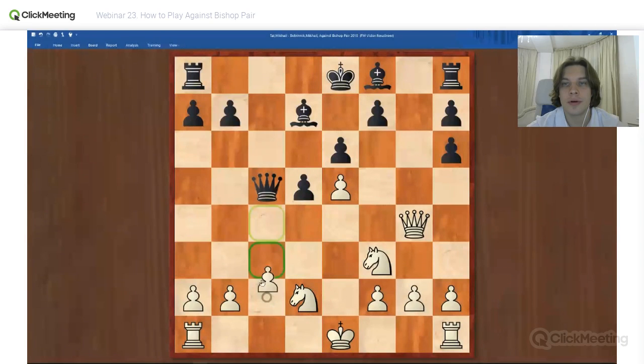c4. It looks like a mistake actually, because we shouldn't open the position, but this move contains a tactical solution.